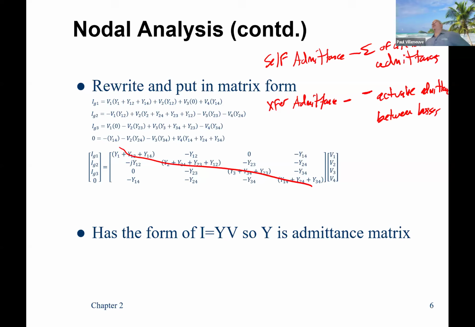So in row 1, column 2, we have the negative of the actual admittance between bus 1 and bus 2. Right? That's important to have the negative. And the negative comes from, well, when you set it up, it's going to come from,